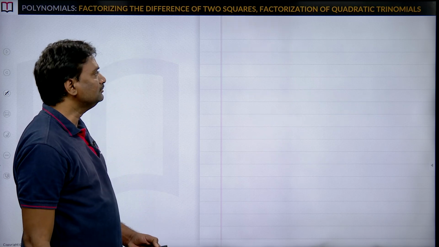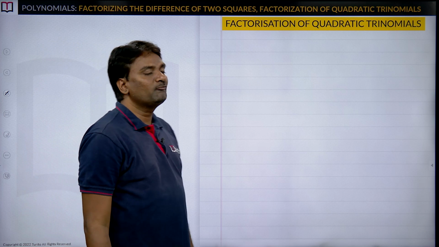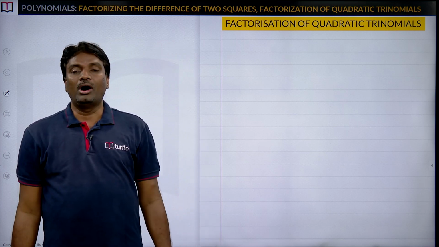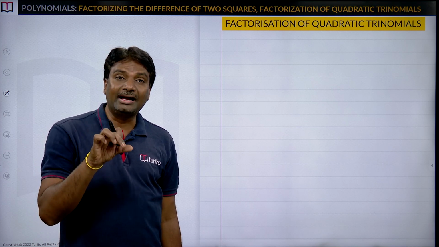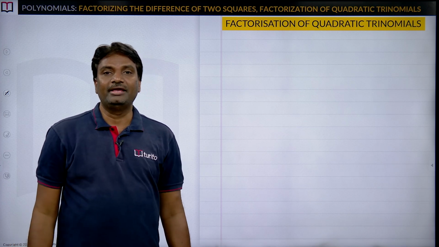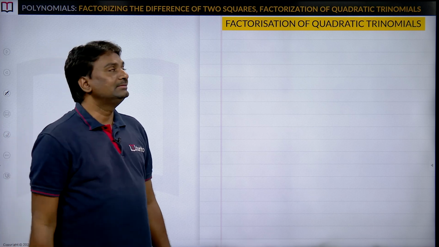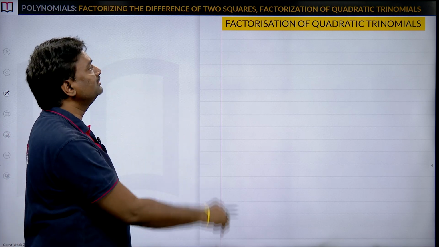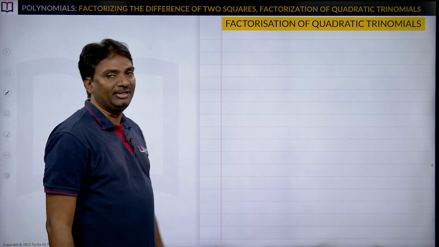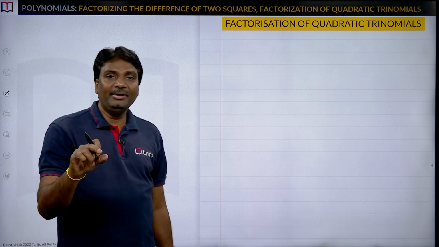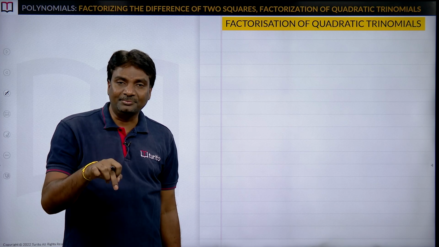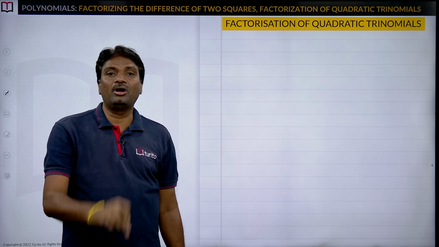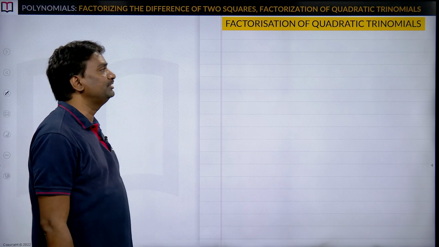Next. So, factorization of quadratic trinomials. What is the meaning of trinomial? A polynomial which contains 3 terms. A polynomial which contains 3 terms is known as a quadratic trinomial. Okay. So, quadra means 2, second degree. If a polynomial contains 3 terms and the degree of that polynomial is 2, then we can say that is